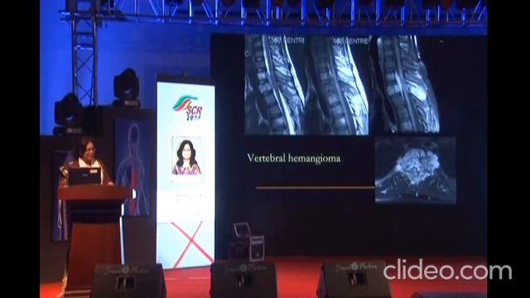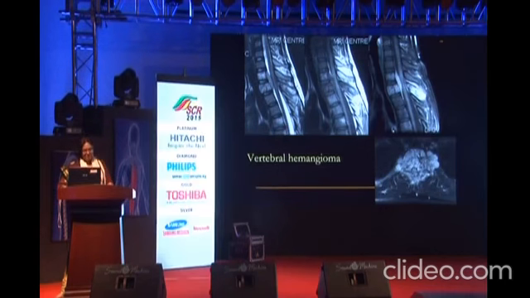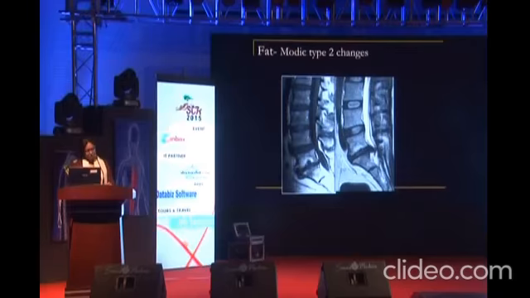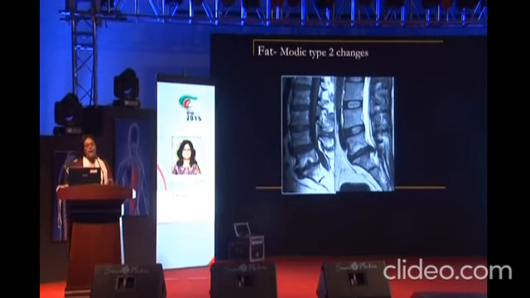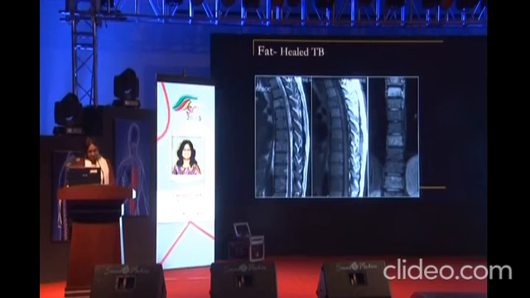Sometimes hemangiomas can be large, like you can see here. This patient, there is a striated pattern, the vertebra is little expanded, and you have a large part which has bled. There's a soft tissue component which has caused marked cord compression. These are rare. The incidental hemangiomas are what we see all the time. Fat may be seen along the intervertebral disc on either side or along a small node, which could be the Modic type 2 changes. So these are very easy to identify. Anything which is bright on T1, you can fairly be certain that this is more likely benign and you're not worrying about anything more sinister.